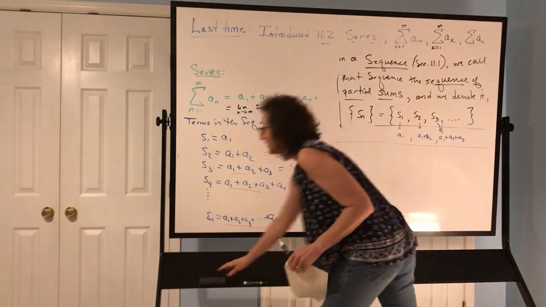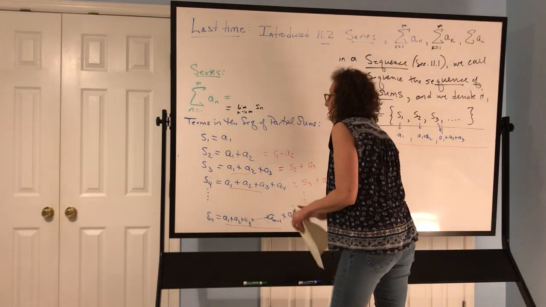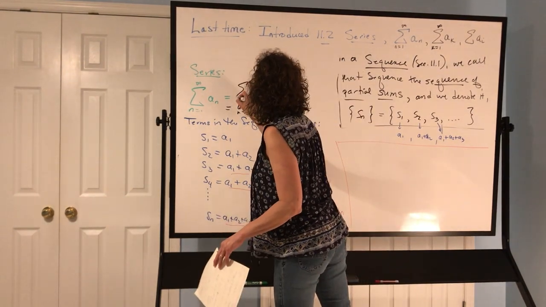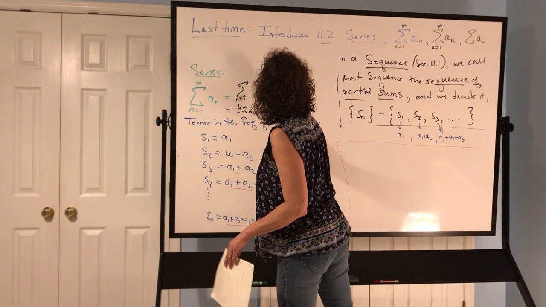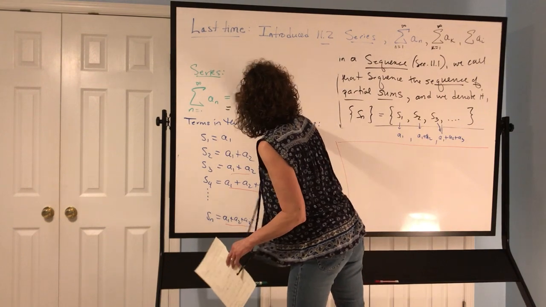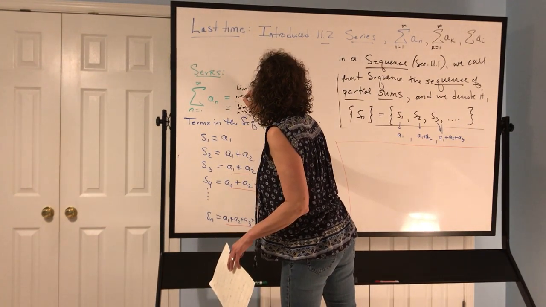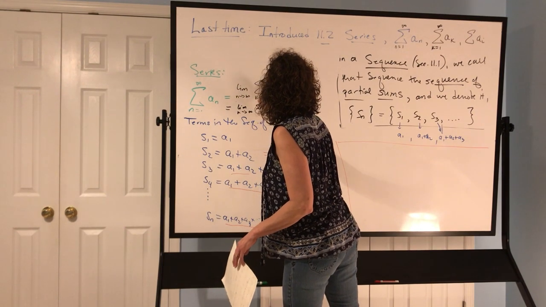Why is that? Make sure we understand it. What does this mean? In summation notation, it's a limit as n goes to infinity of the finite sum,